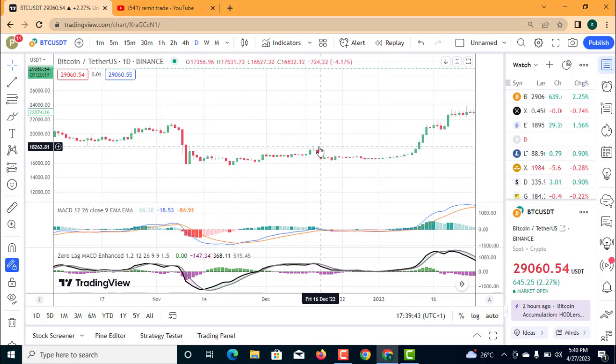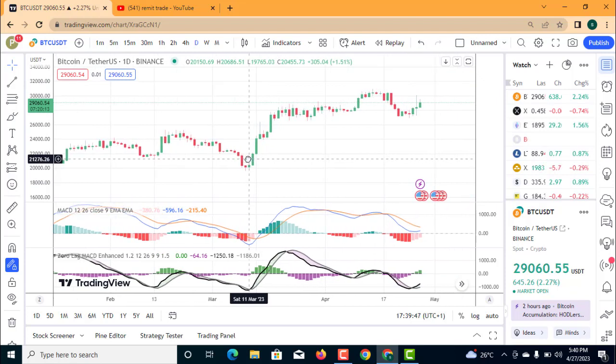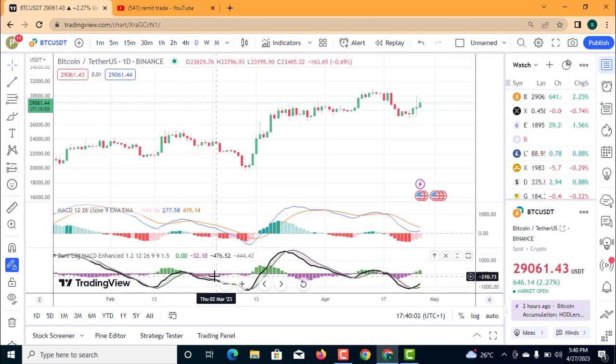Like I said, if you don't know how to use the MACD indicator for your trading, you can check the channel. I have a complete full guide on how to use the MACD indicator for profitable trading. So this is a comparison between the zero lag MACD, which is this one below right here, and the normal